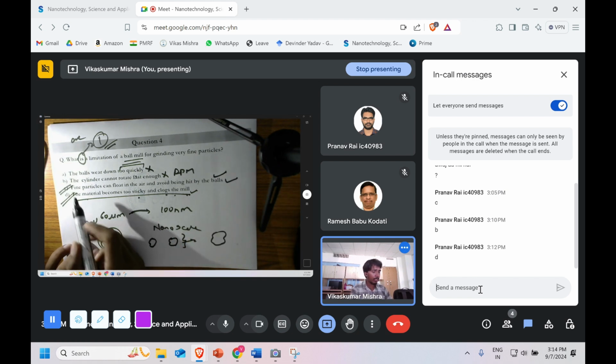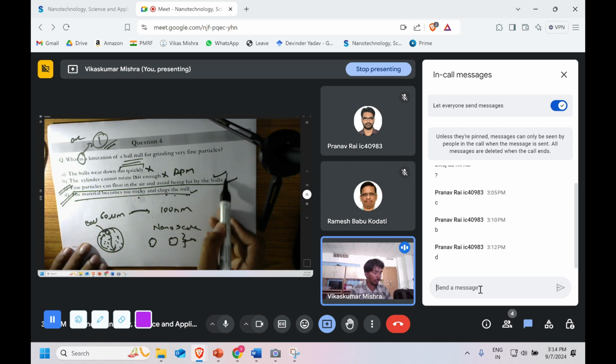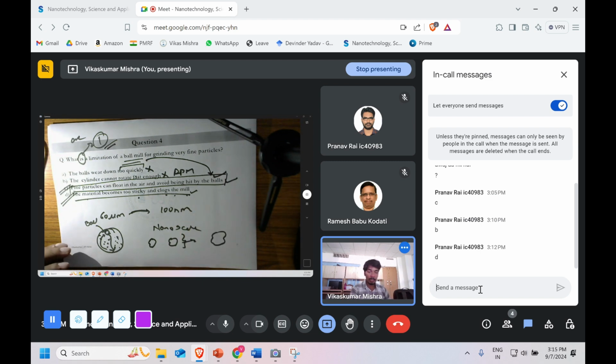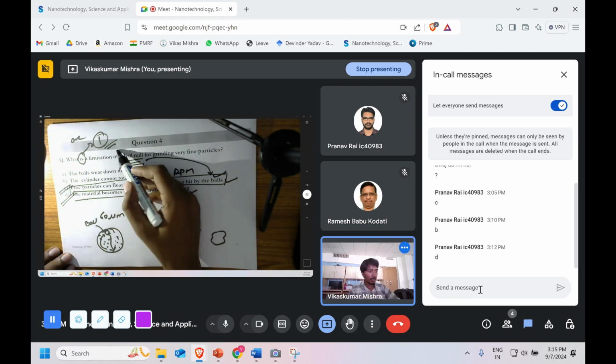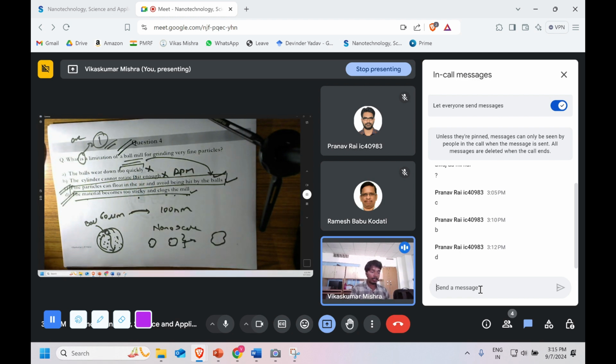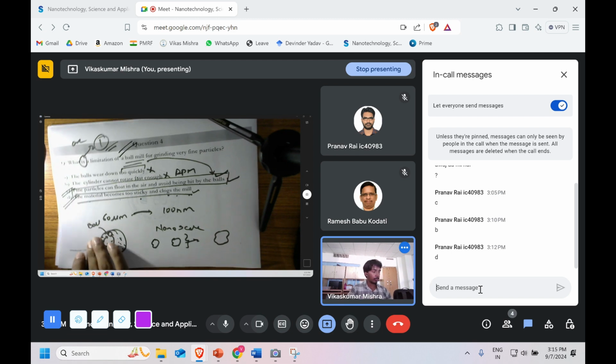Okay. This thing has been discussed in the class, that we cannot use the ball milling to refine the powder and go to the very fine level. And that is the reason why we cannot use the ball mill over here. We'll go with the planetary ball milling, which is also known as the high energy ball milling process. Okay, with that we have solved this question number 4. If there is any doubt, please let me know. Okay, since there is none, let's move to the next question, question number 5.